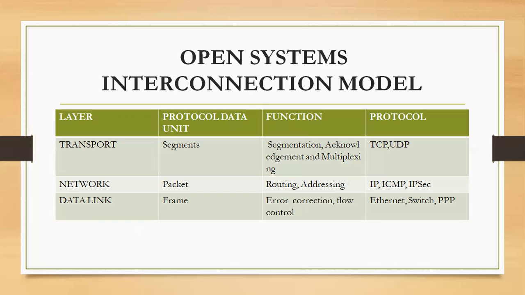So what is flow control? When you are moving data from one point to the other, you don't want to overwhelm the receiving machine, so that you avoid what is called denial of service. You don't want a situation whereby a server is transmitting to a thin client, and the server is overloading the thin client with traffic such that the thin client can no longer respond. So you want to use flow control to avoid that kind of situation. So protocols at the data link layer, you have Ethernet, you have switch, you have the Point-to-Point Protocol.